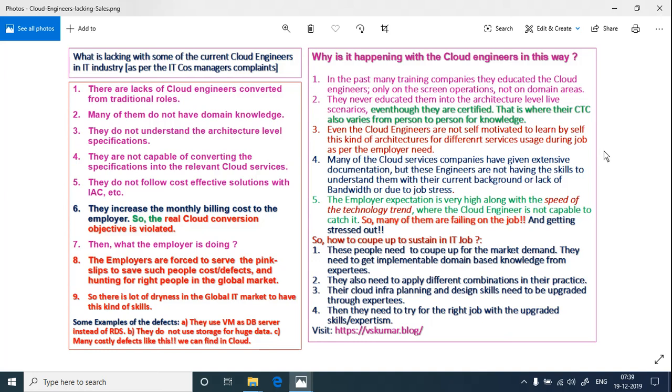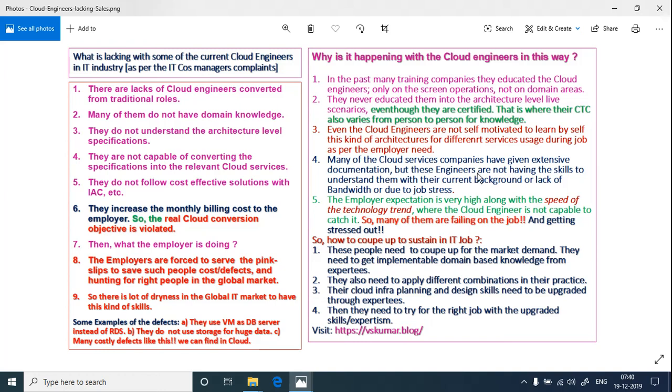many cloud vendors have given detailed documentation. Take the AWS documentation: in depth, they have given tutorials, examples, scenarios and customer case studies for each service or sub-service. Who has the patience to read that kind of documentation? They want the job, they want the payslip at the end of the month. If they have that kind of attitude, how are they going to cope with the environment and the delivery? You tell me.